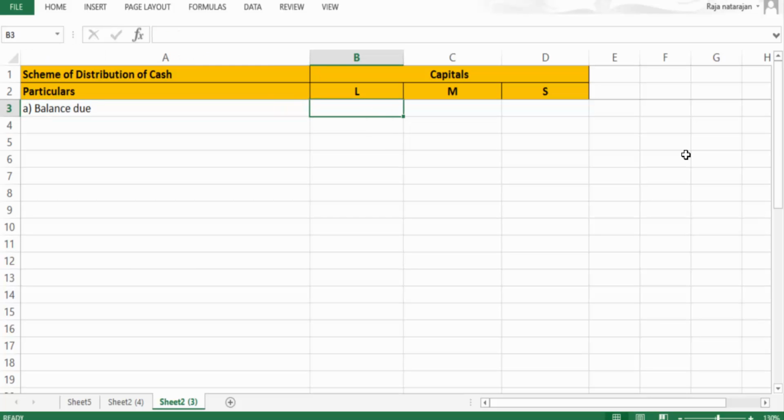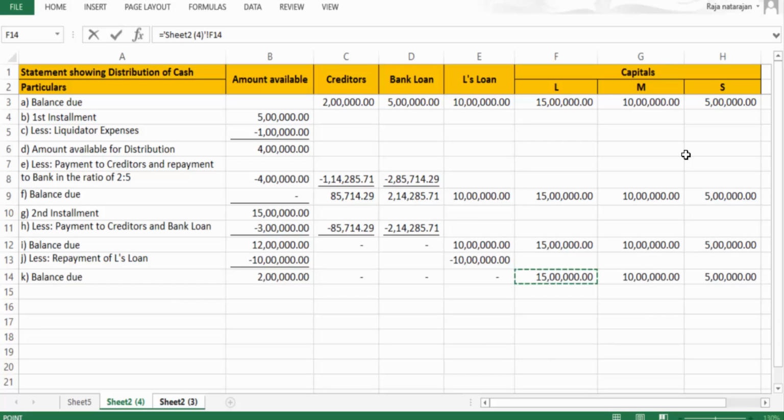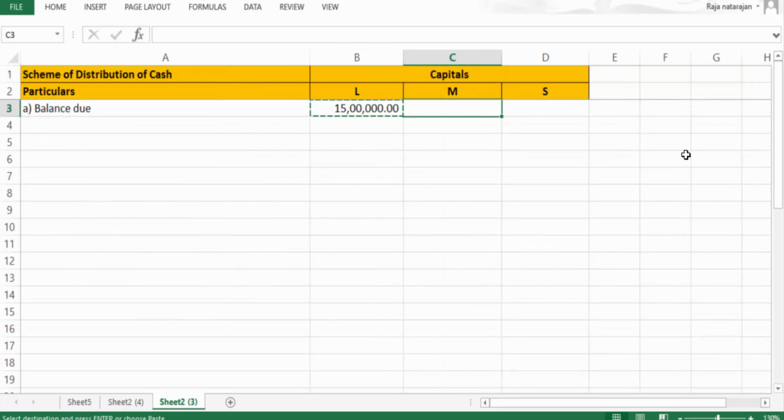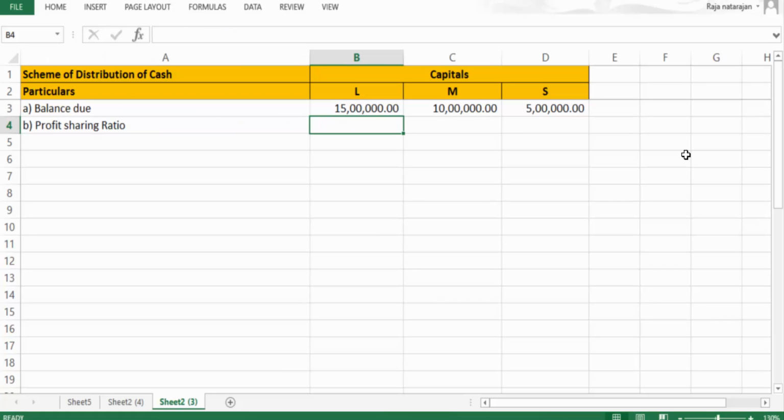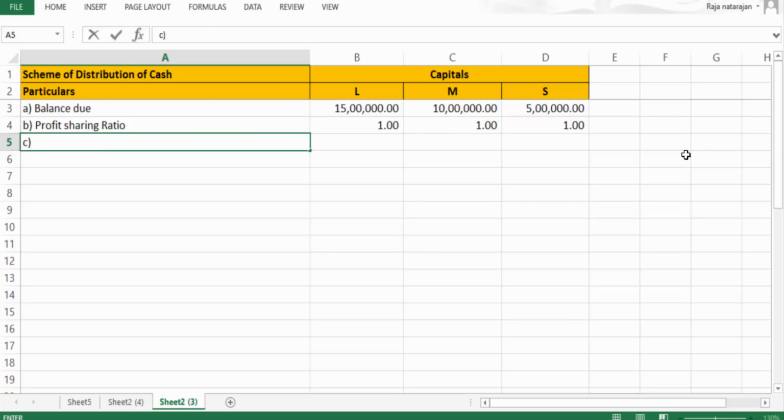Balance due, I'm going to pick up from here, which is 15 lakhs, 10 lakhs and 5 lakhs. And we know the profit sharing ratio, they are sharing their profits equally, so it's going to be 1:1:1. Okay, so item C will enable us to find out the capital profit sharing ratio. And what we have to do is divide this, right? So we'll say